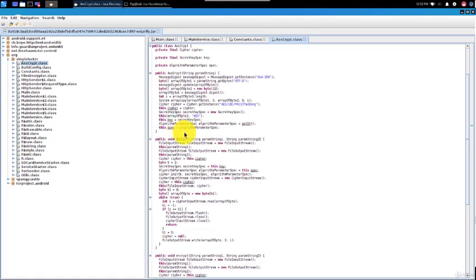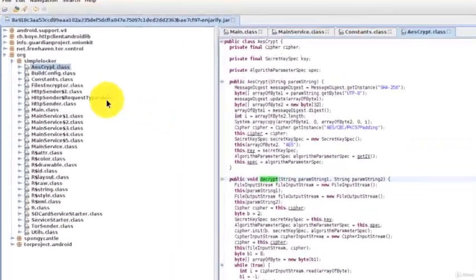So this is quite important for us. We saw what the cipher key is. We saw that they are providing a decryption method. So now we can start thinking of maybe creating our own Android app that parses through all the files that have been encrypted and run this decrypt method on top of it, passing the cipher key as a parameter.